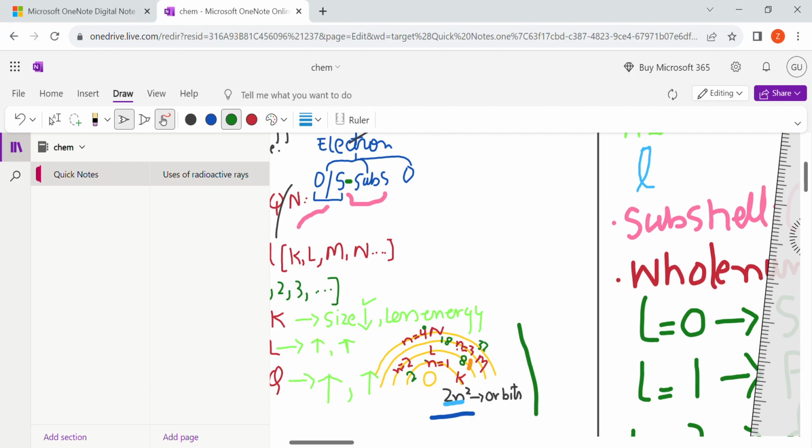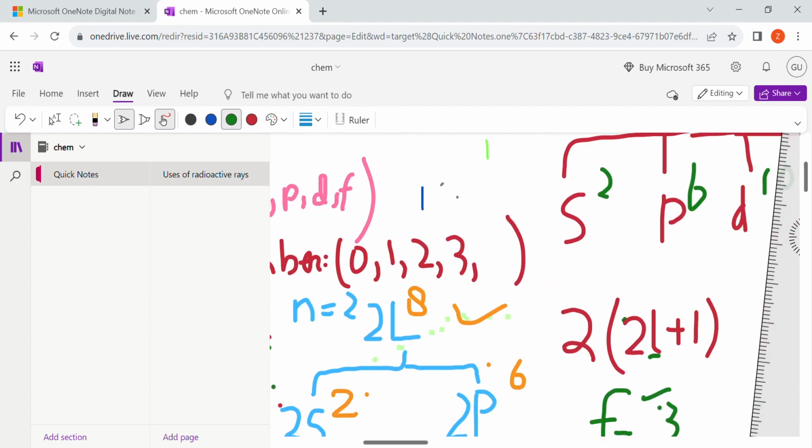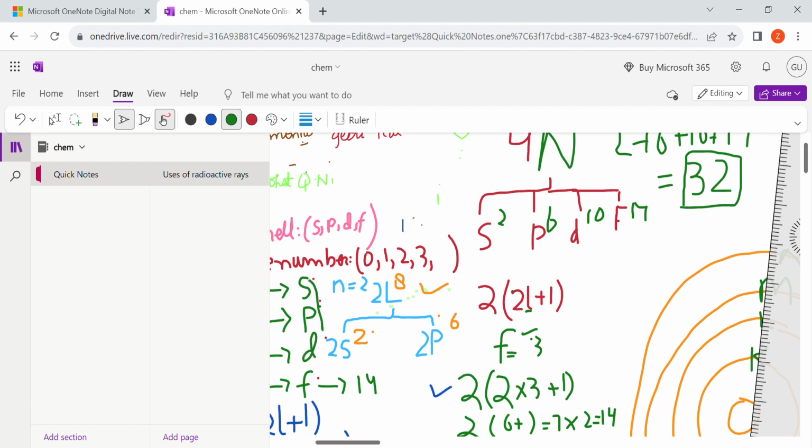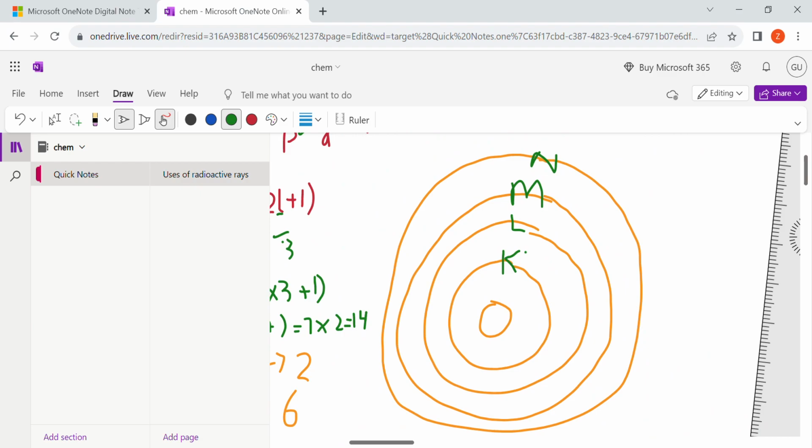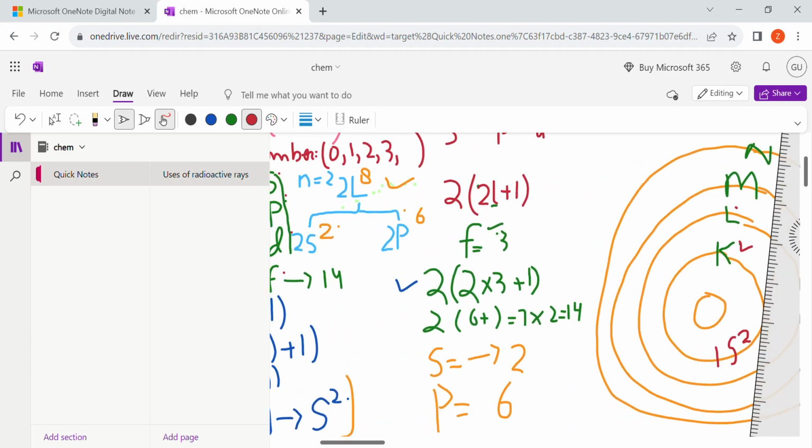एक बात बता दूँ, सबशेल से हमारे पास ऑर्बिट बनते हैं, याद रखिएगा। तो सबशेल्स जो होते हैं ना हमारे पास, ये सारे सबशेल्स हैं और इन से ही के एलिमेंटो बनते हैं, तो इनके अंदर भी SPDF आएंगे। नाउ लेट्स सी हाउ दे विल कम। ये एक है, के अंदर हमारे पास एक S आएगा, 1S। वी नो द वैल्यू ऑफ S के ऊपर कितना आते हैं, 2 आते हैं, ठीक है। व्हेन इट कम्स टू L, व्हाट्स द वैल्यू ऑफ L इन सबशेल्स, तो हमारे पास S आता है और P आता है।